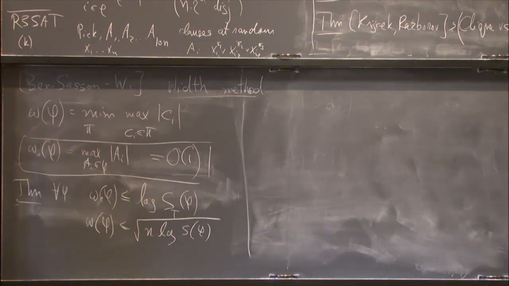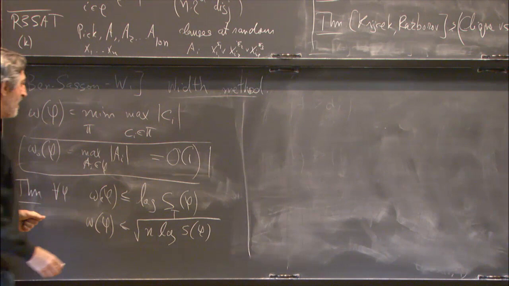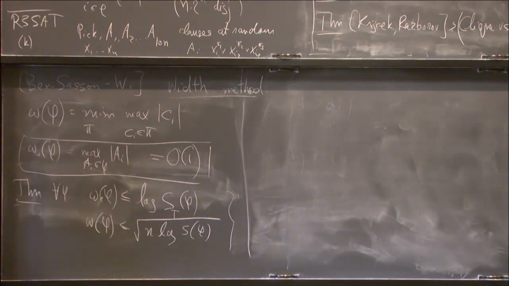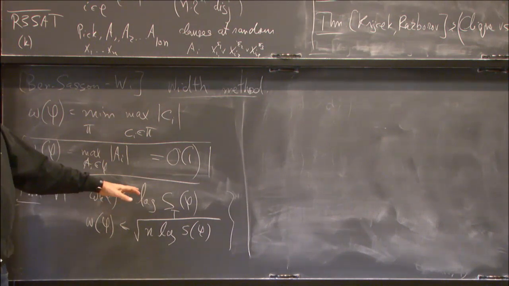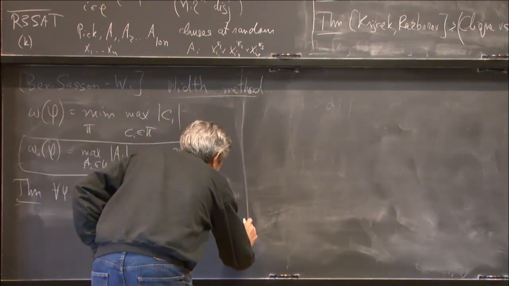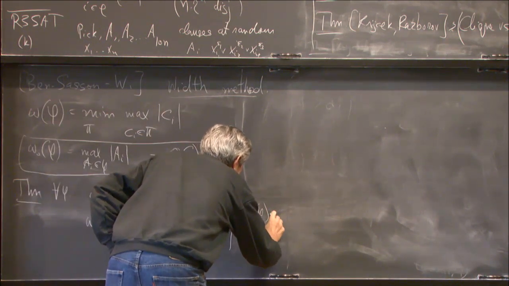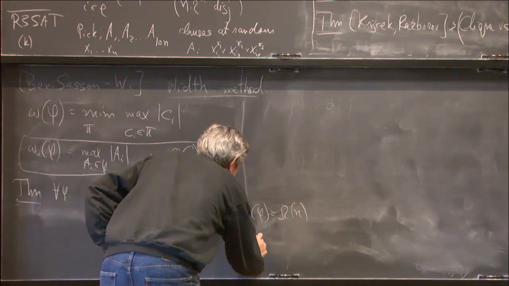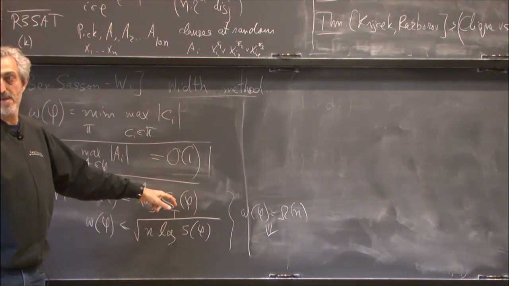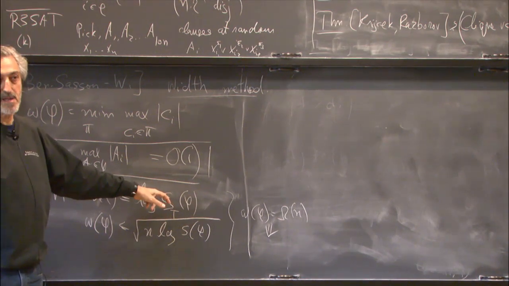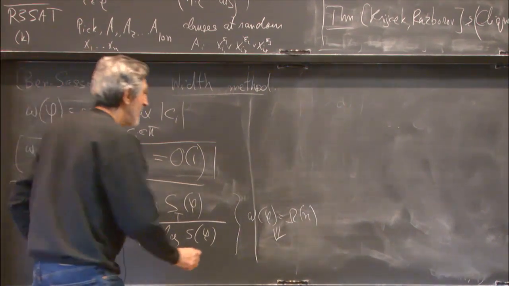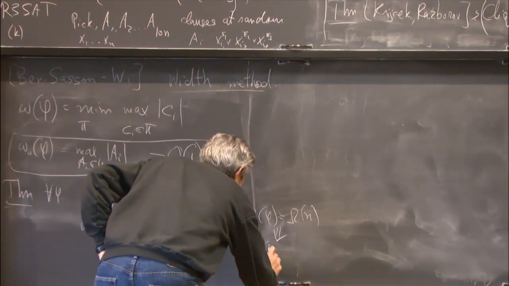So two things to observe about this. One is, how does it prove lower bounds? If you can prove lower bounds on width, because of this relationship, then you can prove lower bounds on size. And in particular, if you prove that the width is omega of n, then this implies not only that the tree size is exponential in n, but also that the size is exponential. So this implies that s of phi